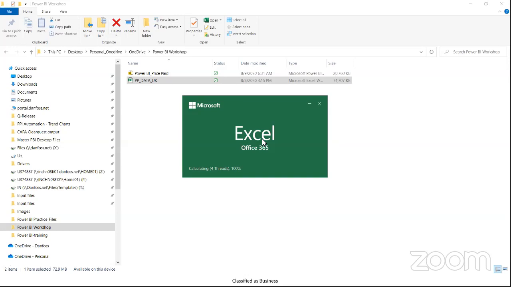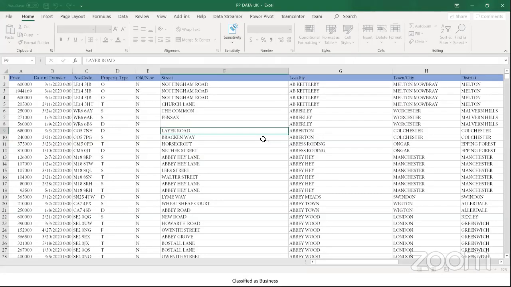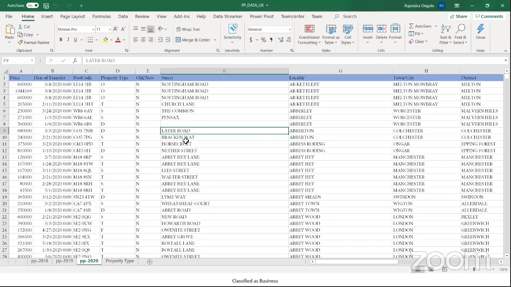It's an Excel file. See here, I have taken 3 years of data: 2018, 19, 20. I'm showing you up to 2020, where half of the quarter has been completed, 6 months. What I have taken here is the price field and the date of transfer of the houses, and I have taken the postcode as well, which is like a pin code, and the property